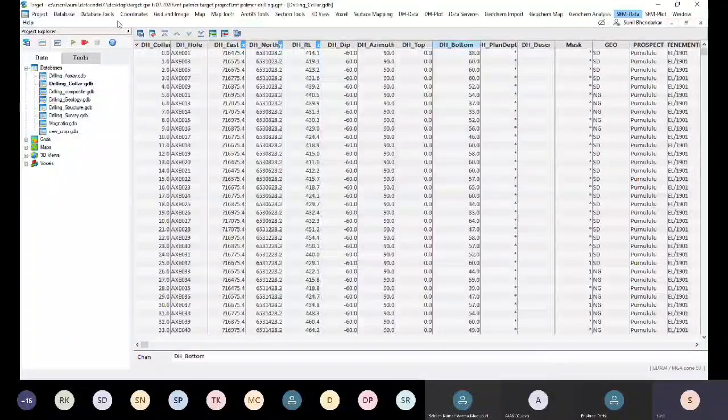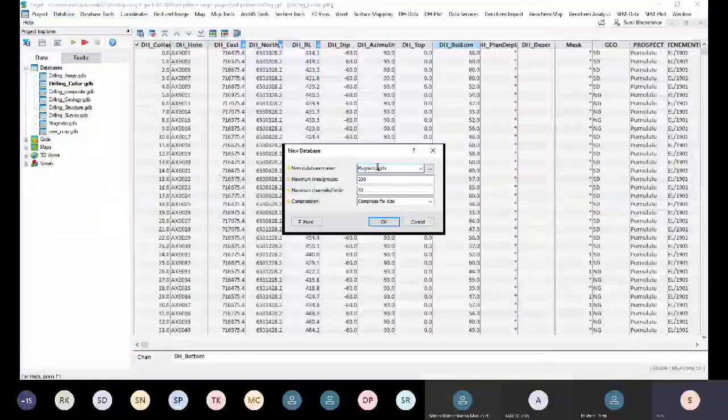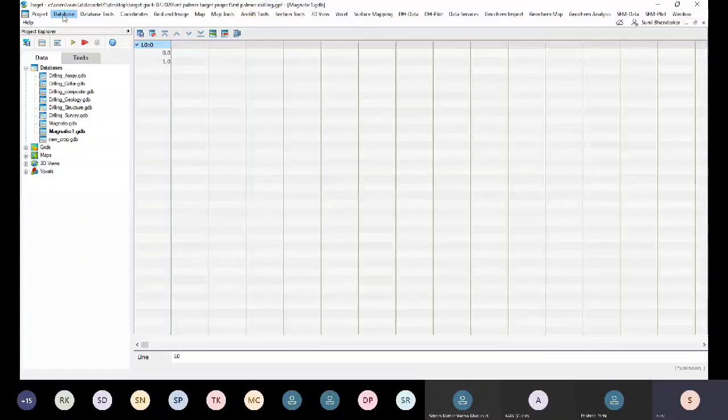Now if you want to work with geophysical data, we need to go to the database here and create a new database. The empty database will be created like this. After creating a database, I would like to import data.